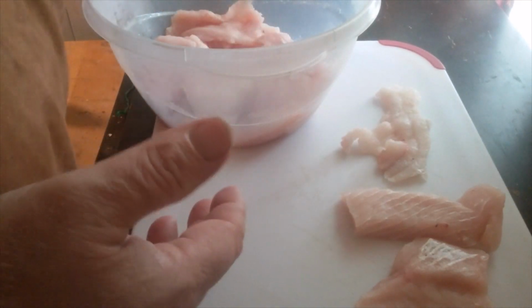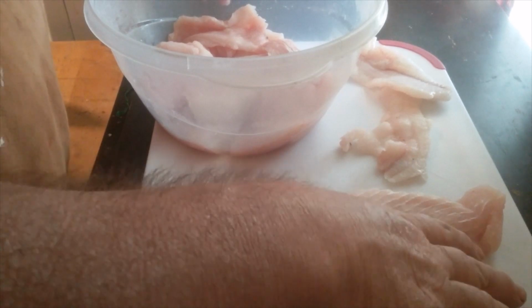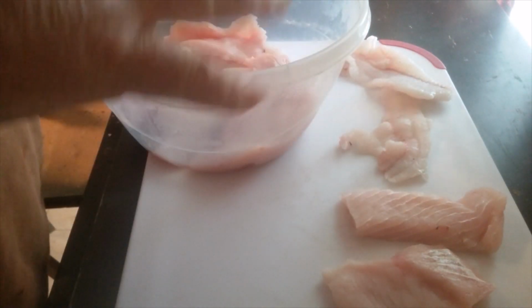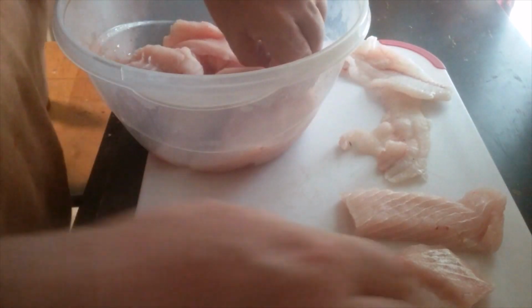After I fillet the spoonbill, I put them in a big container of salt water for a couple hours, cold ice water, and let it sit there and draw all that blood and stuff out. Then I cut all the red meat off,